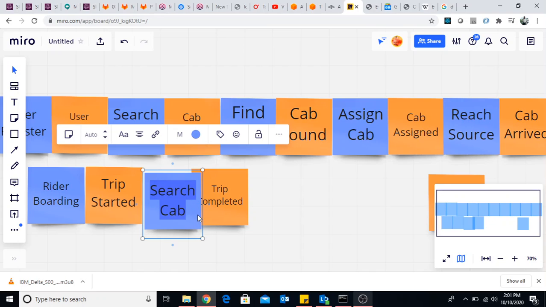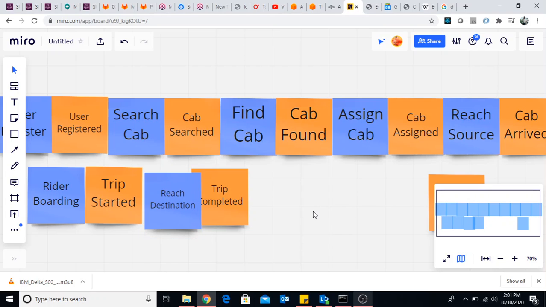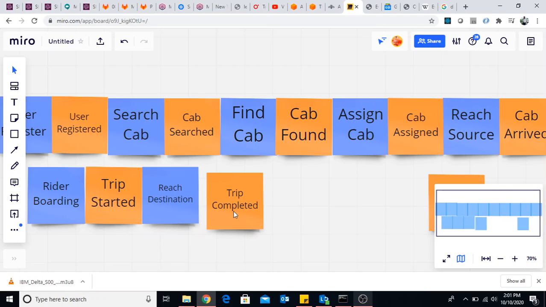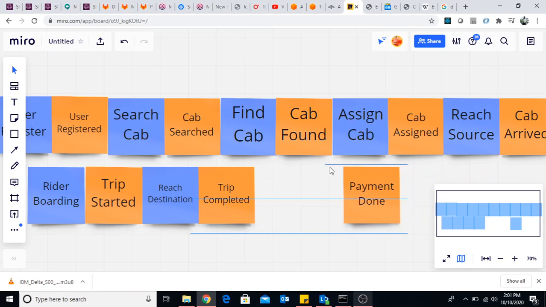What will be the command? Reach destination. If I am using source over there, reach destination, and then trip completed. Yes or no, dear friend? It's a brainstorming session, so I need your presence. And if people are saying yes, no, then